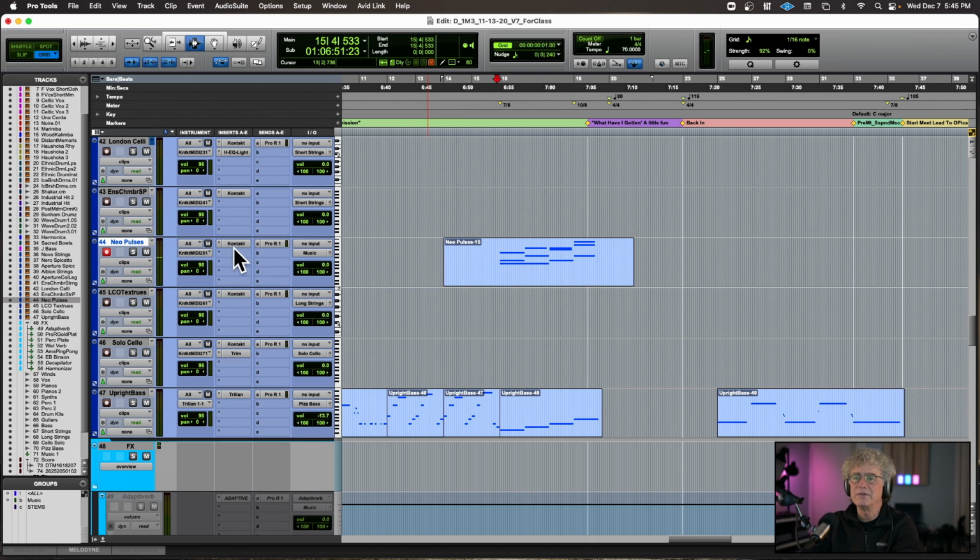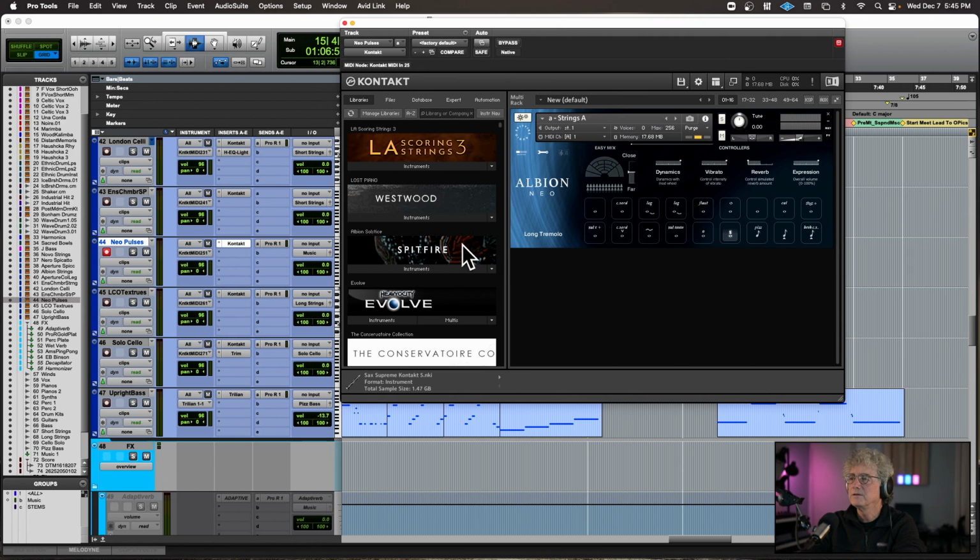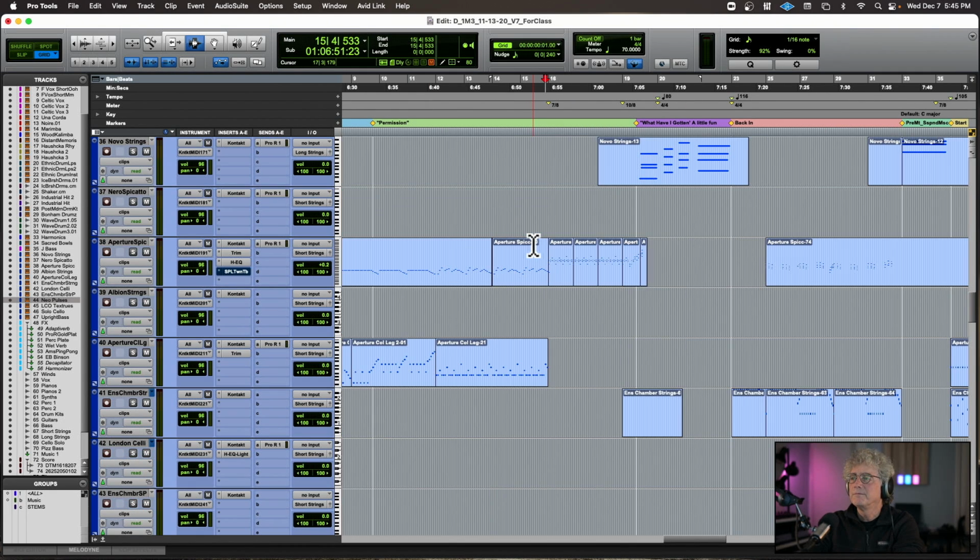So it's just basically tremolo, I think, right? Let's see. Long tremolo, yep. And then that goes against these strings here. And then these are more strings with these really spacious, just all these subtle motions in that, just in the sample.